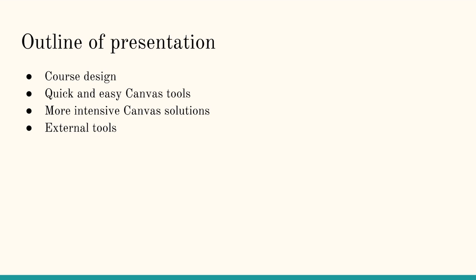So the outline of this presentation will look at 4 different areas where you can try to reduce cheating going on in your online classes. These areas are course design, some quick and easy tips in Canvas, some more intensive Canvas solutions,